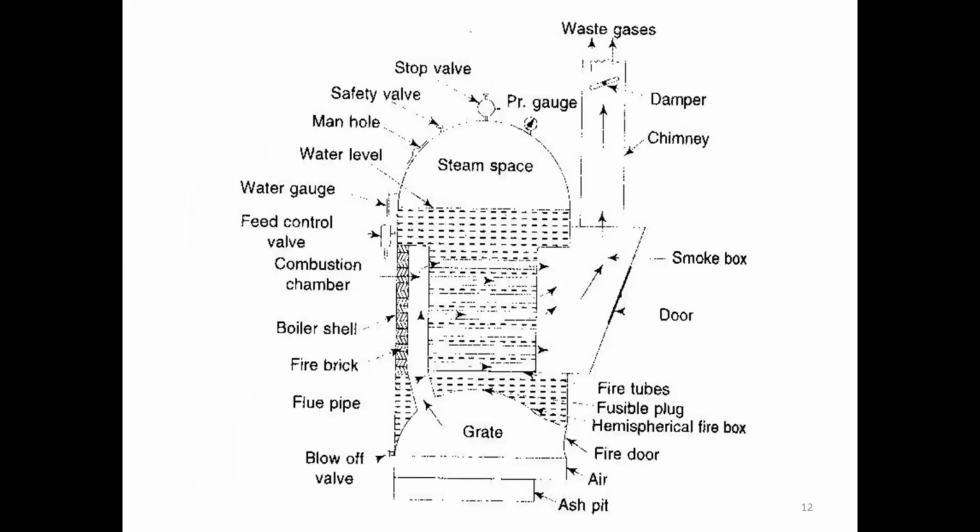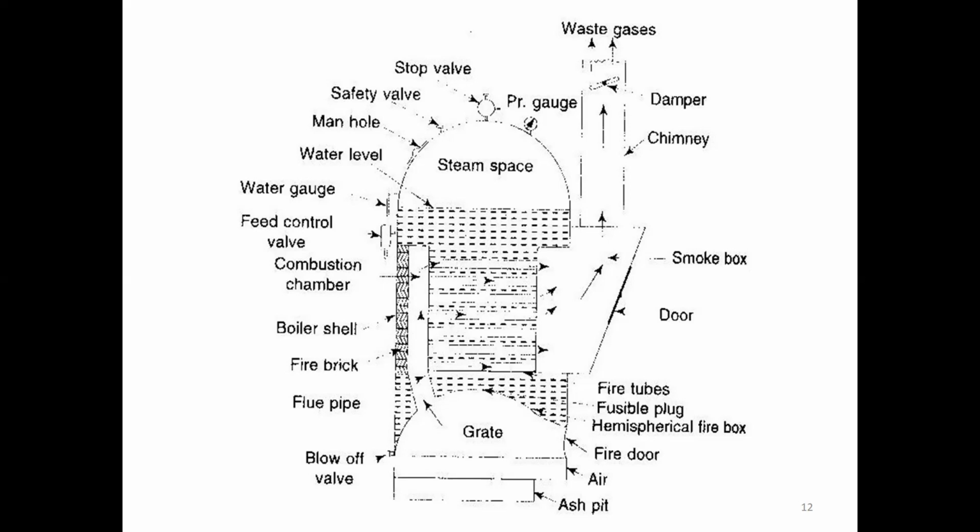Next slide. So this is the basic diagram of the Cochrane boiler. Based on this, we're having it as a vertical boiler. It is a low pressure boiler because it is 15 bar only, and we are having multiple tubes here because we can see the arrow marks. Somewhat it might not be clear, so we'll show the video. And then we are having the grate here, and the gases are passing inside the tube. So it is a fire tube boiler.